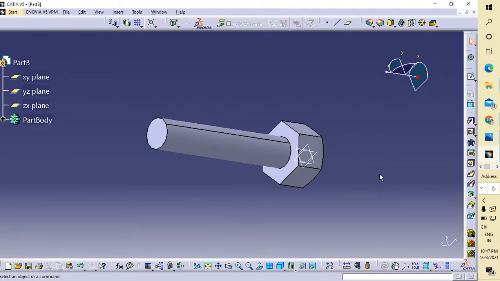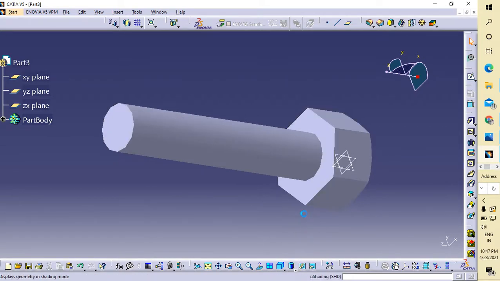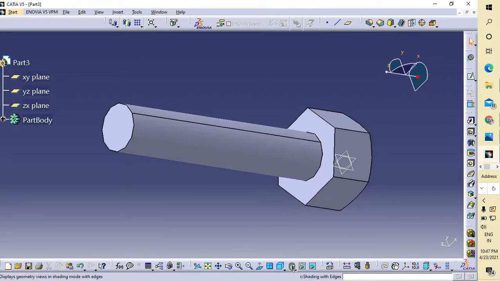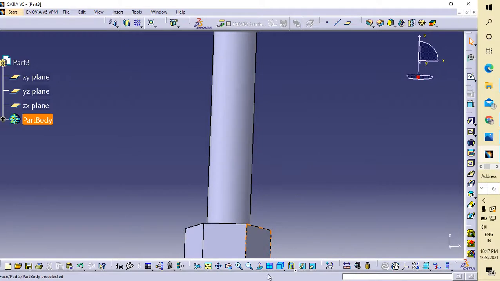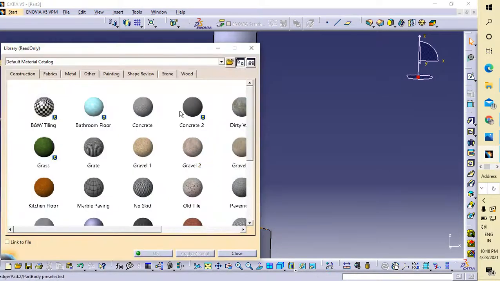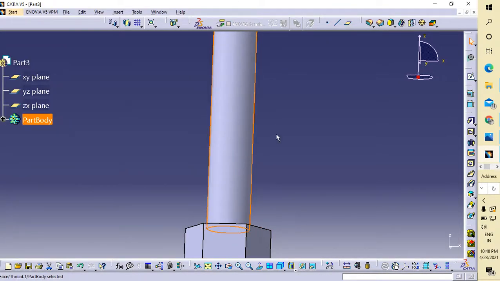Okay, now this is your threaded part. Now how to see it? Okay, I will apply a material, not concrete, metal. Use brush and this. Okay, show with material.